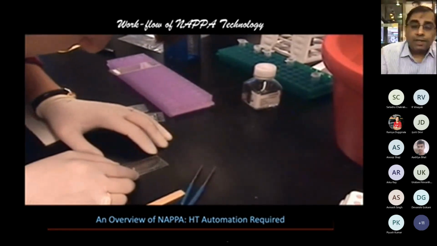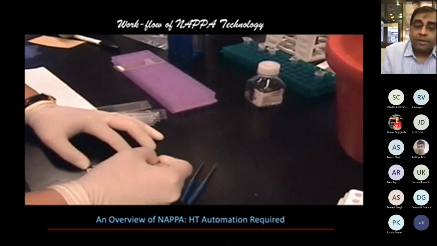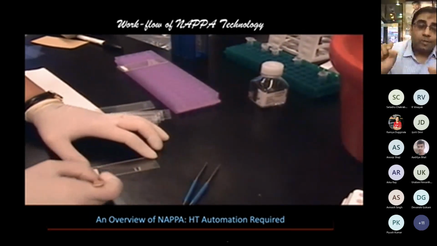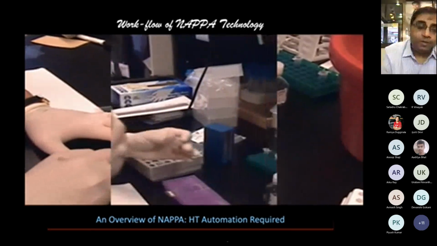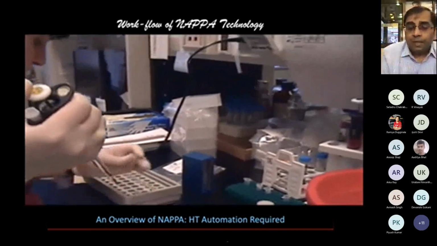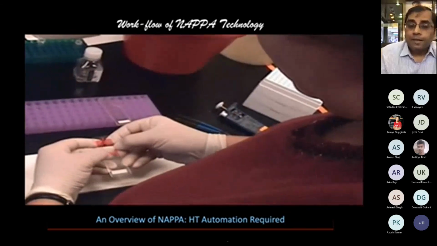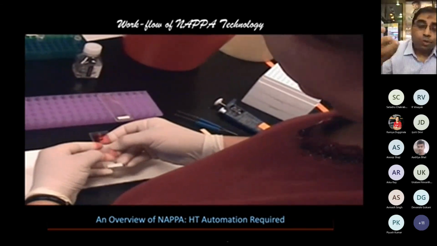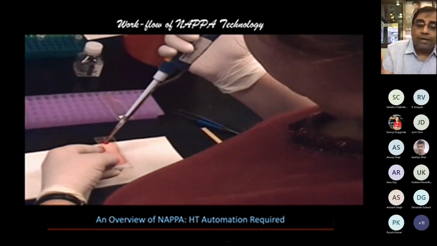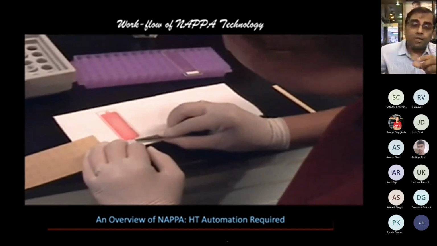So let's say this technician is adding this particular gasket on the printed slide. So you have done the printing, you have all the cDNA and the anti-GST antibody, all of that mixed in the printing, each spot, and likewise you have thousands of spots printed. You have added this plastic assembly, and now you are adding this IVTT mix. Actually, this IVTT mix is made, in this case, from the rabbit reticulocyte lysate, because that provides the ribosome material, and along with that the amino acid mixtures are being added. So all you are doing is adding the transcription and translation mix on top of the genes which are printed on the chip, right?